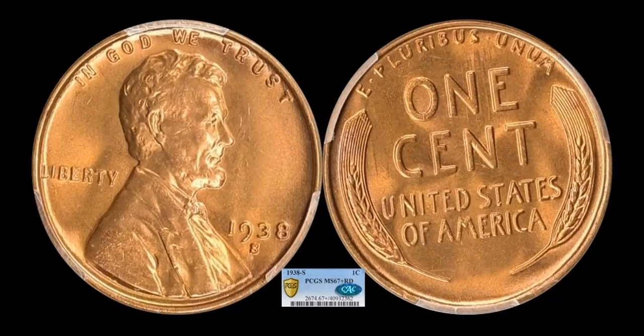It's a few ticks away from what I could see from being at 68. Just an overall pleasing example. It's also backed by CAC as well. You can see the green bean right there. This one sold for